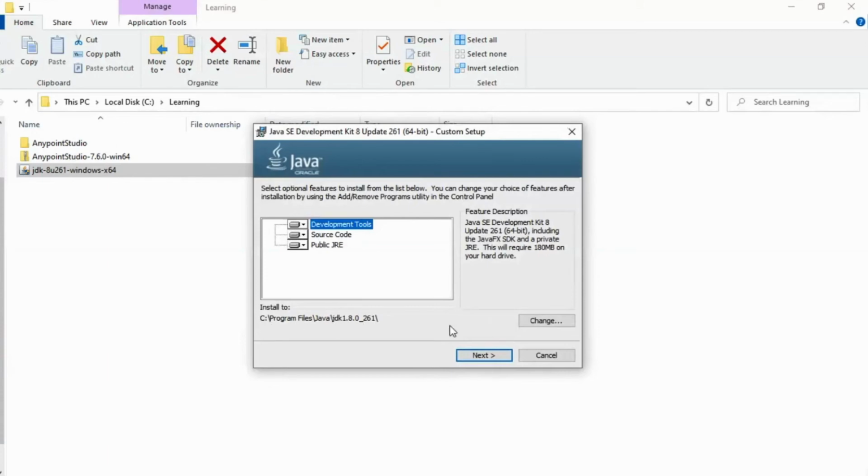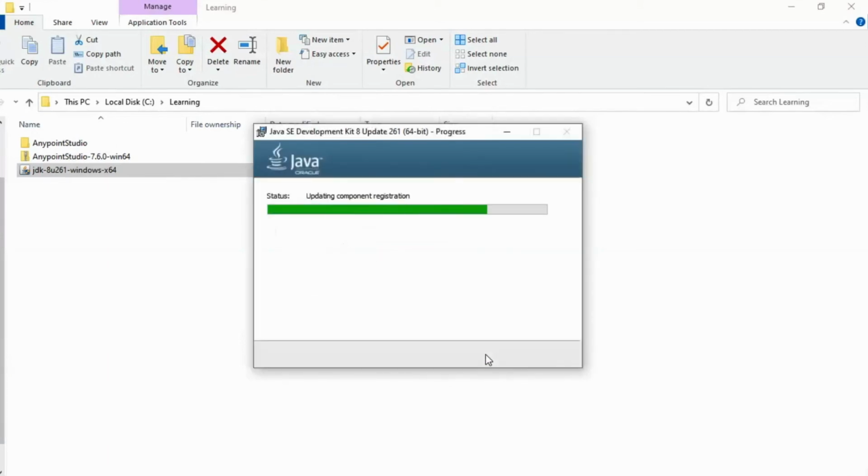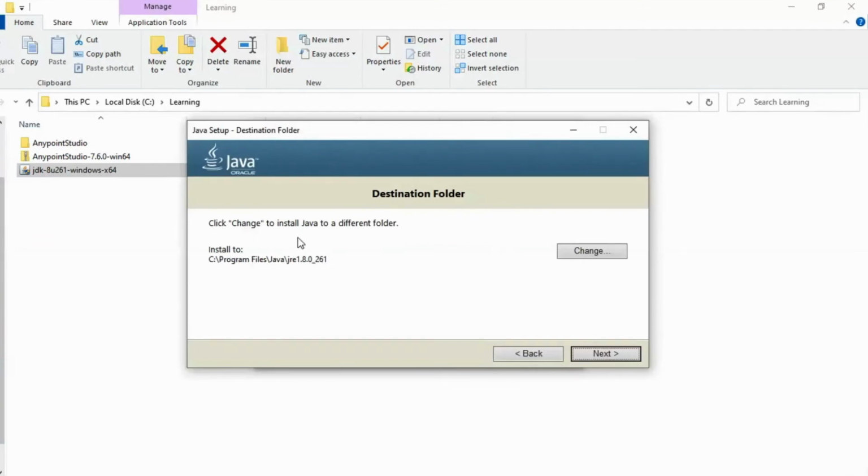Give the path of the installation directory, or you can change it. It asks for a destination folder.